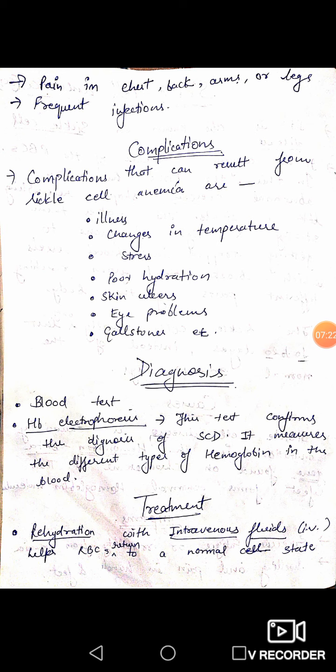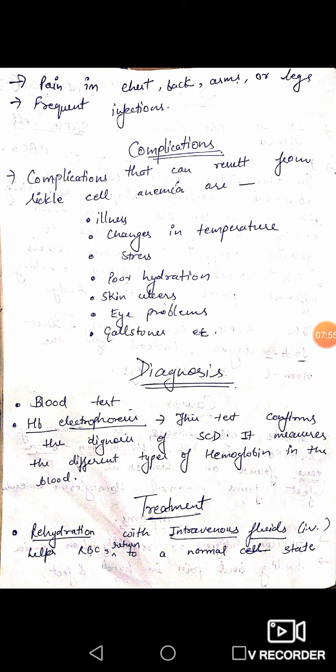Next, this test is also used to look for abnormal hemoglobin. Normal hemoglobin carries oxygen and releases it so your muscles and organs can use it. If abnormal hemoglobin occurs, it carries less oxygen and these blood cells have a shorter lifespan than normal hemoglobin. So here we diagnose abnormal hemoglobin and can confirm sickle cell anemia.